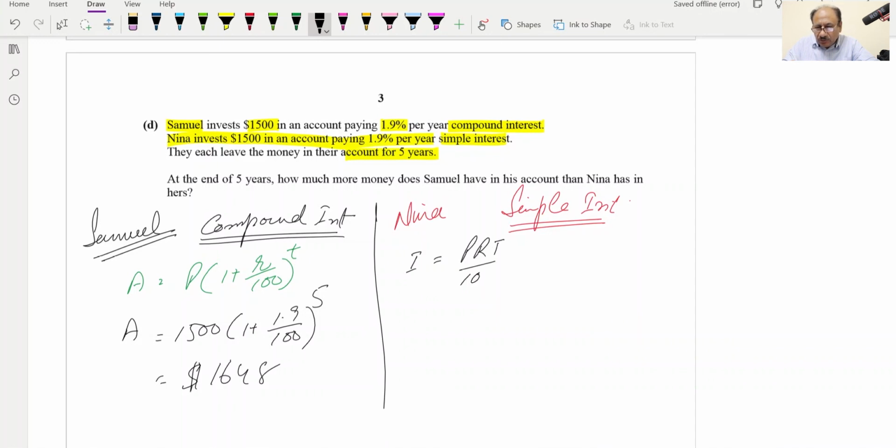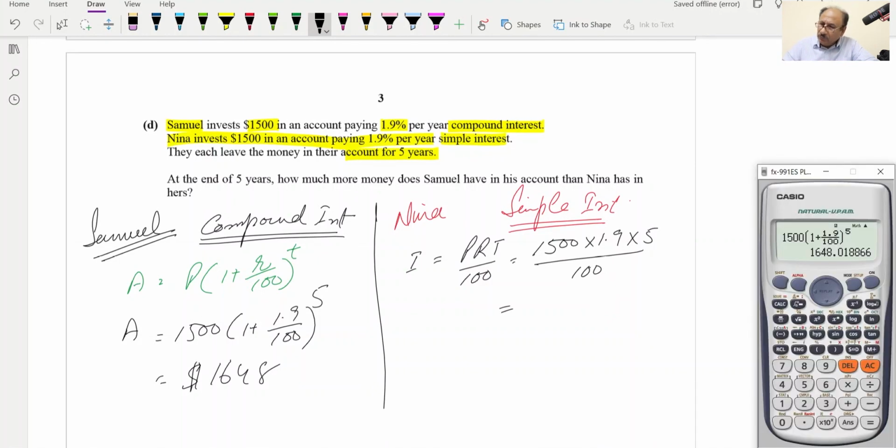PRT over 100, and this will be equal to principal amount is same 1500 and rate is also same 1.9 and the duration is also same 5 years and over 100, and this will be equal to 1500 multiplied by 1.9 multiplied by 5 and divided by 100, and this is equal to 142.5